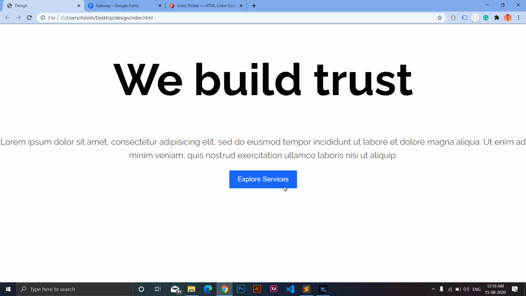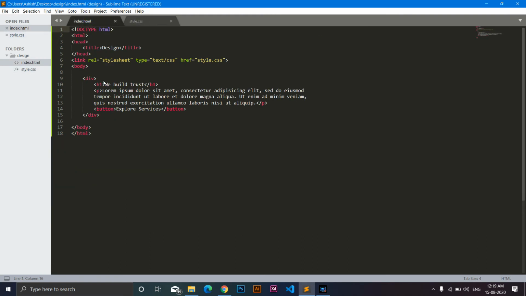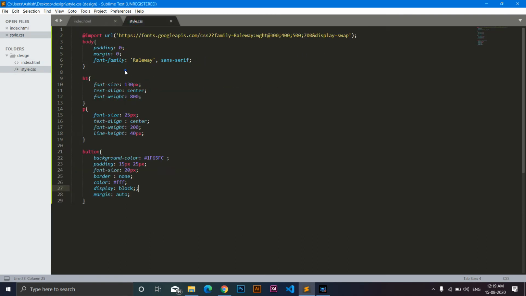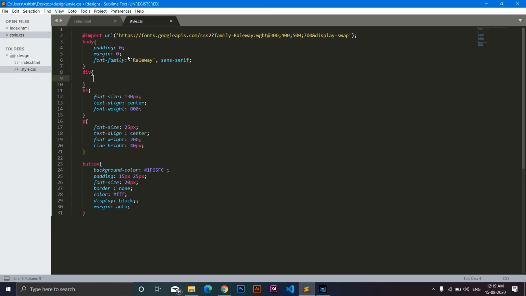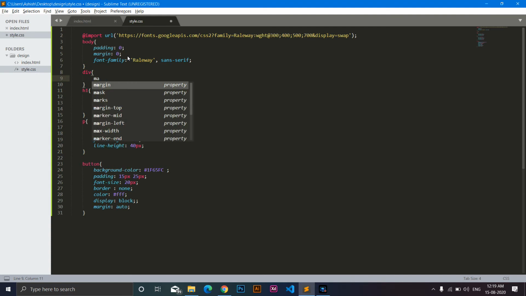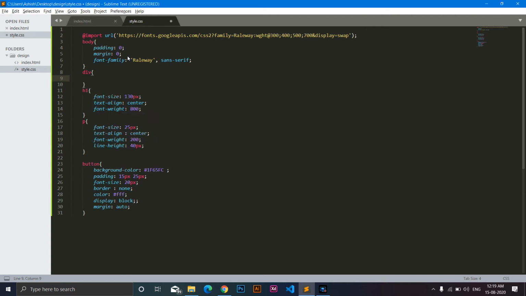Now, cool. Now let's just add some margin to the side of this page so that we have a better look. So we can add margin to this div container directly. So let's add a div selector, and we can add a margin, or actually we can specify the width, let's say 80%, or maybe you can add a margin directly.